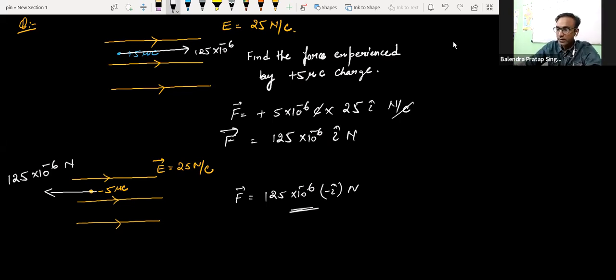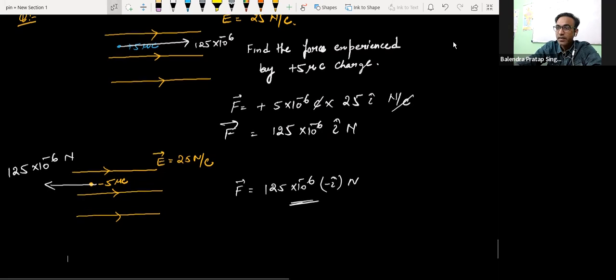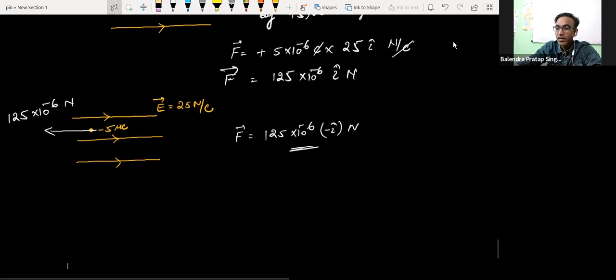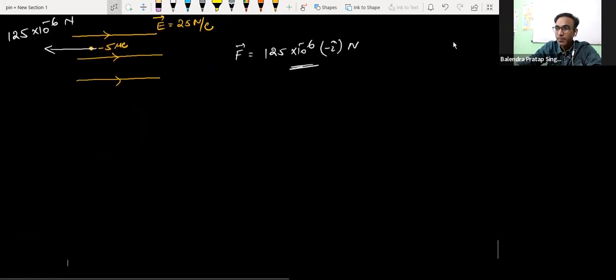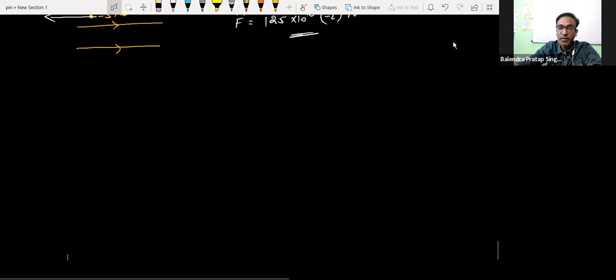So I'm discussing again a problem that's a very good problem and very important problem. Okay, that there is a historical background of this problem. Okay, first I'm writing the problem, then I will discuss the solution. The question is, the concept is same, charge particle in external electric field. So the question says, if I consider a